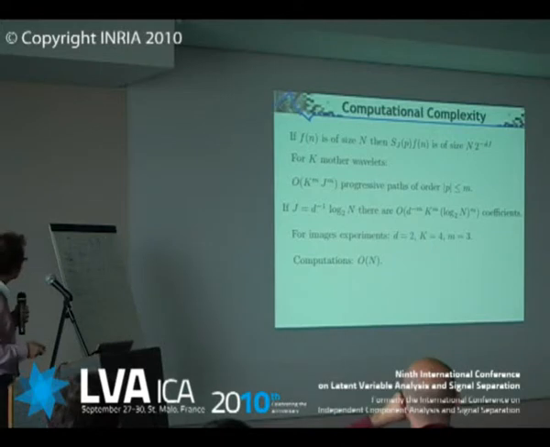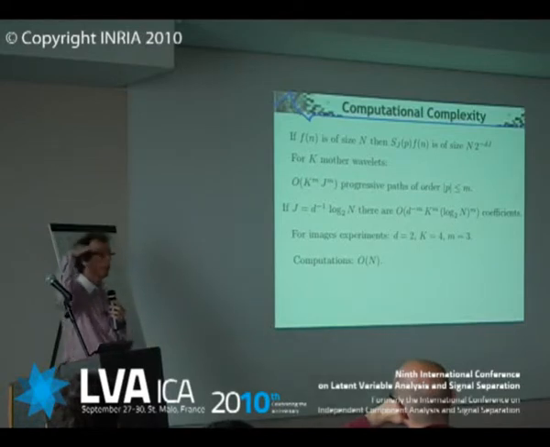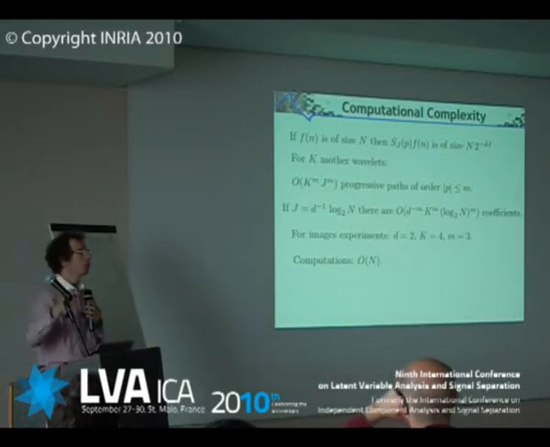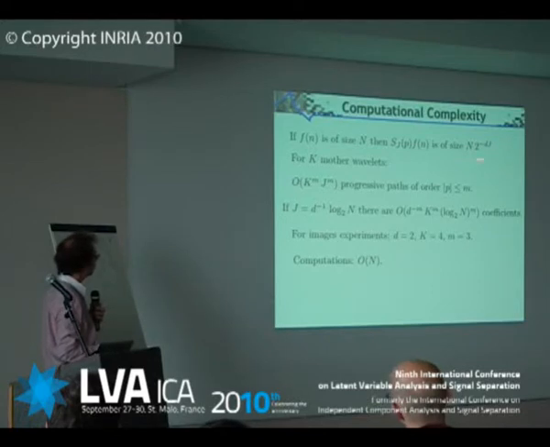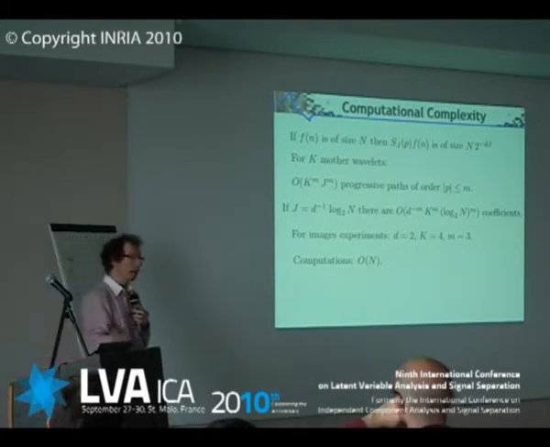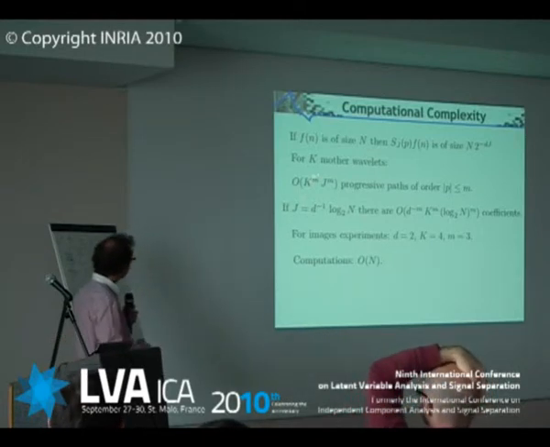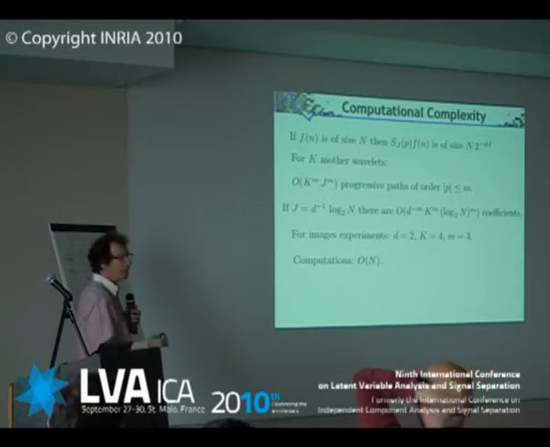Okay, computational complexity before showing the results. Signal of size n, because each time basically I'm at lower and lower frequency, I can subsample my output signal by a factor of 2^j. If I go to the depth j, I showed you that most of the paths basically carry no energy. So the number of paths that I'm going to keep is smaller than a certain m, the order. Basically m is going to be 3, so very small.